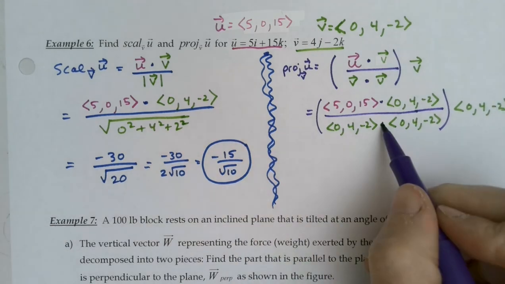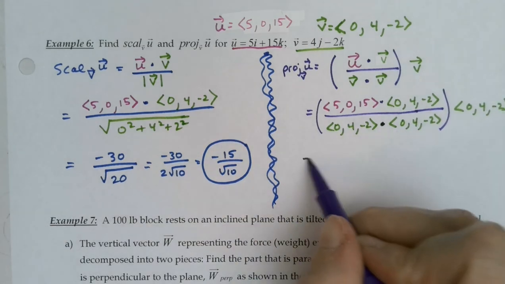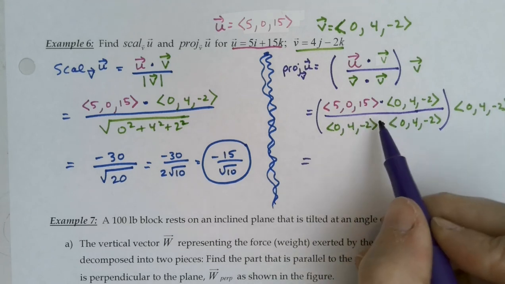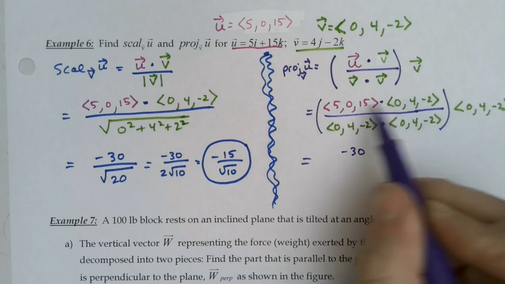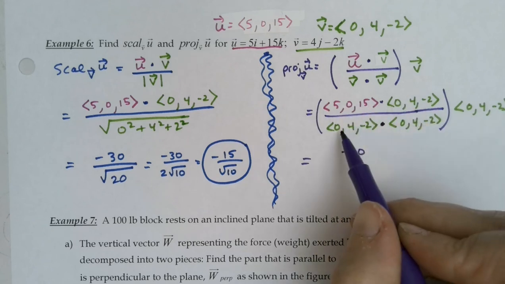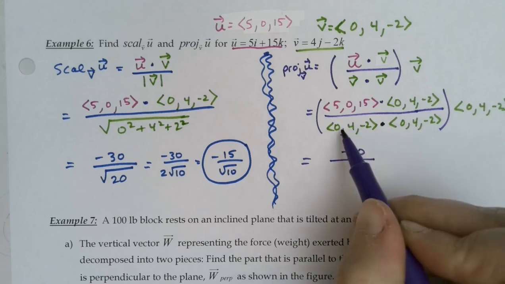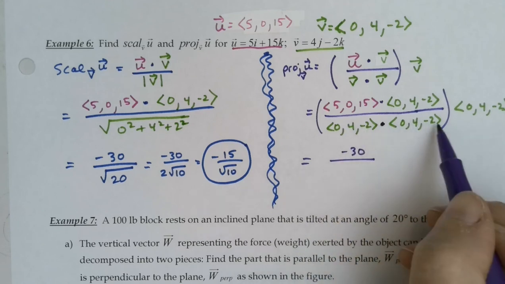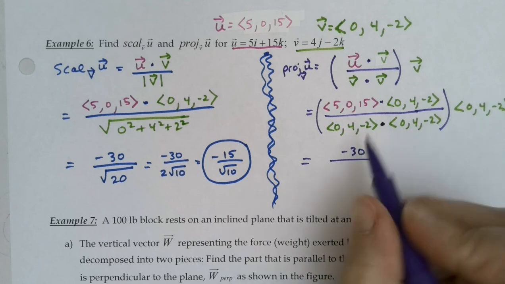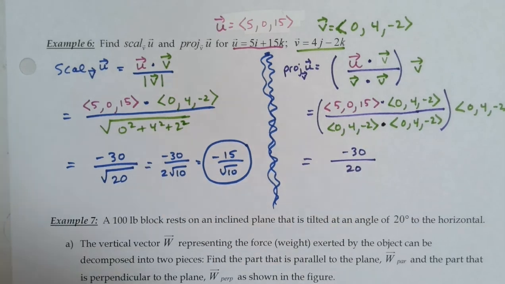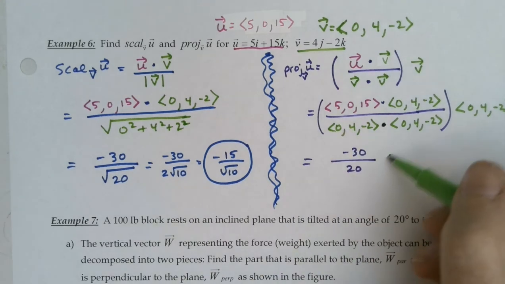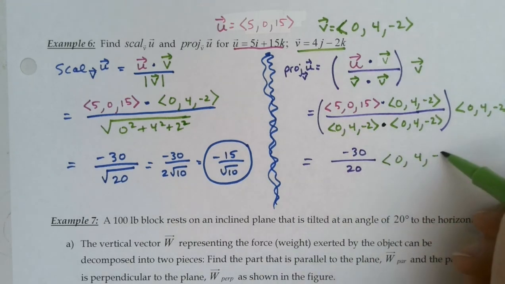So inside the parentheses I'm going to get a scalar. I'm going to get negative 30 for the top, because we already did this. 5 times 0 is 0. 0 times 4 is 0. 15 times negative 2 is negative 30. 0 times 0 is 0, 4 times 4 is 16. Negative 2 times negative 2 is 4. 16 plus 4 makes 20. So it's negative 3 halves multiplied by 0, 4, negative 2,